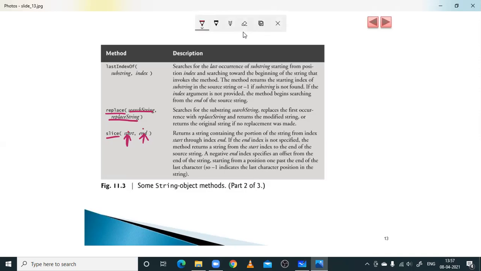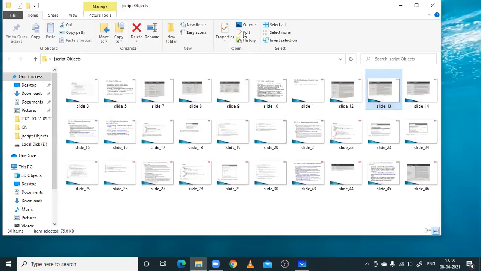So if you provide the details like a starting index number and an ending index number, the string between them will be given. Okay, so this is about some methods which are part of strings. Now coming to the next one.